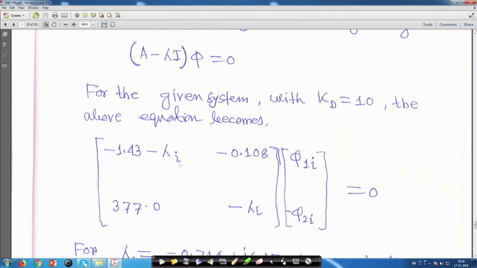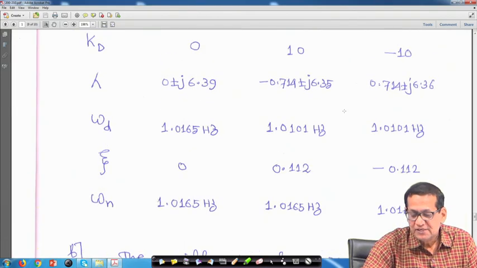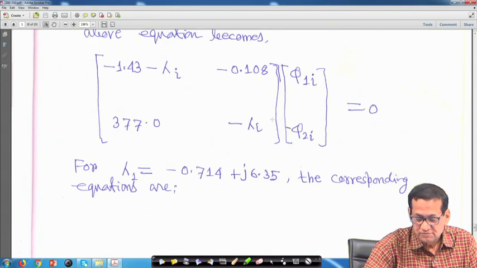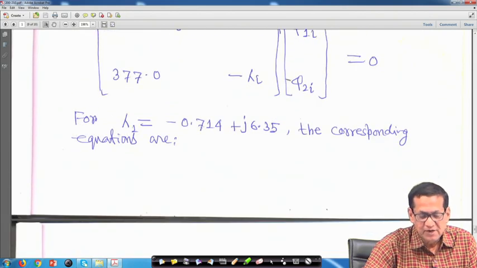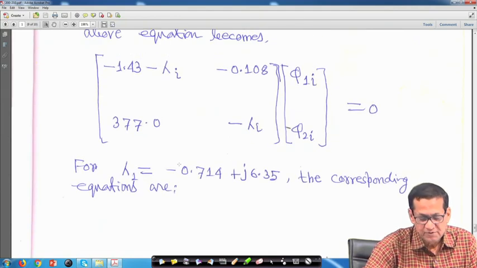This is for the ith eigenvalue, say i equal to 0, but kd is equal to 10. It means we will consider this eigenvalue. Now for lambda 1 we are considering the positive imaginary part, that is minus 0.714 plus j 6.35. The corresponding equations are, if you assume lambda 1 is equal to this and write down the equation,